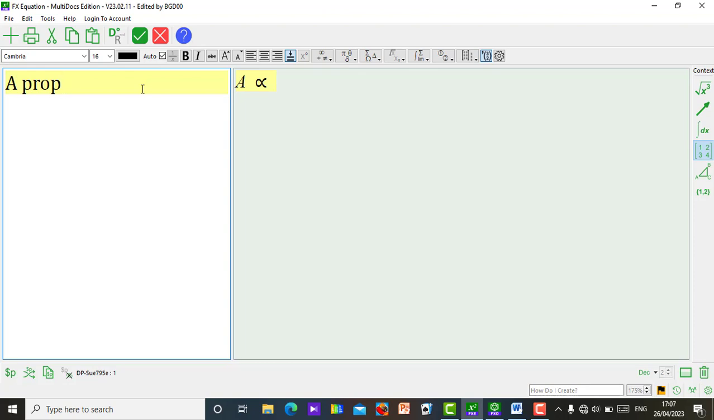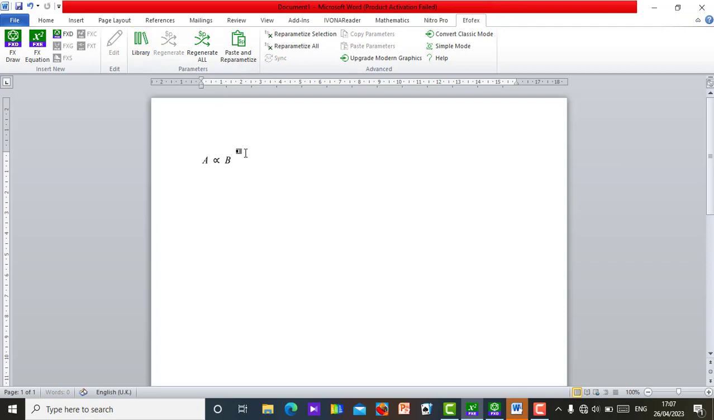Then I put my B. So A is directly proportional to B. Then you click on this button to go to Microsoft and you continue your work. So instead of you going to insert